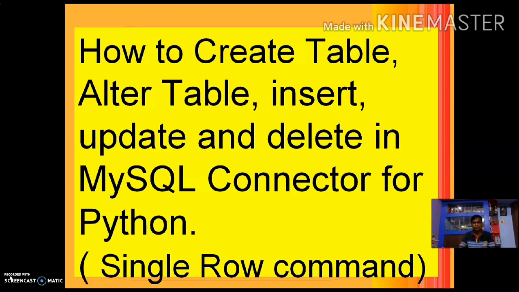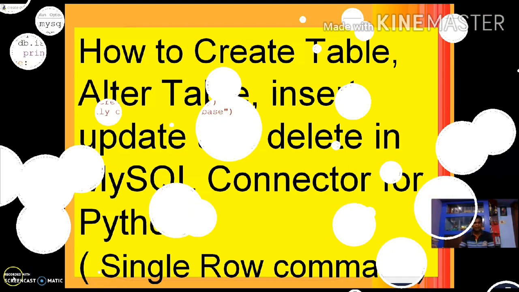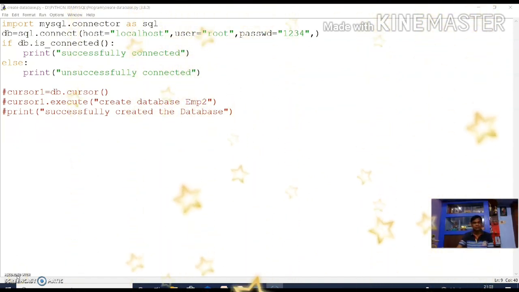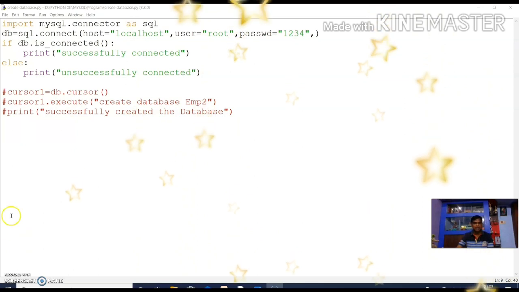So let me show you this in Python. Once you have installed the connector, you have to open Python IDLE. I am opening this Python IDLE. I have already written this program. First, you have to import mysql.connector as sql. This is the name I am giving, sql.